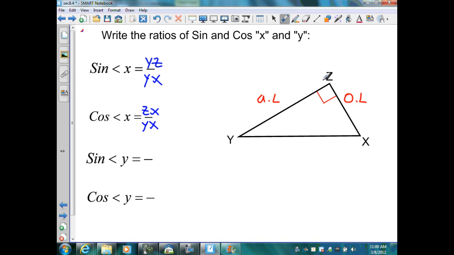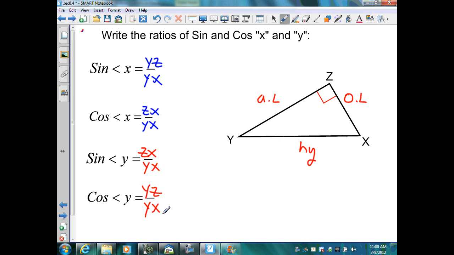Again, I know that point Z is my right angle, therefore YX is my hypotenuse. Now I just substitute into the ratio for sine, which is the opposite leg, and here the opposite leg is ZX, and the hypotenuse is YX. For the cosine of angle Y, I know the ratio is the adjacent leg, which is YZ, over the hypotenuse,